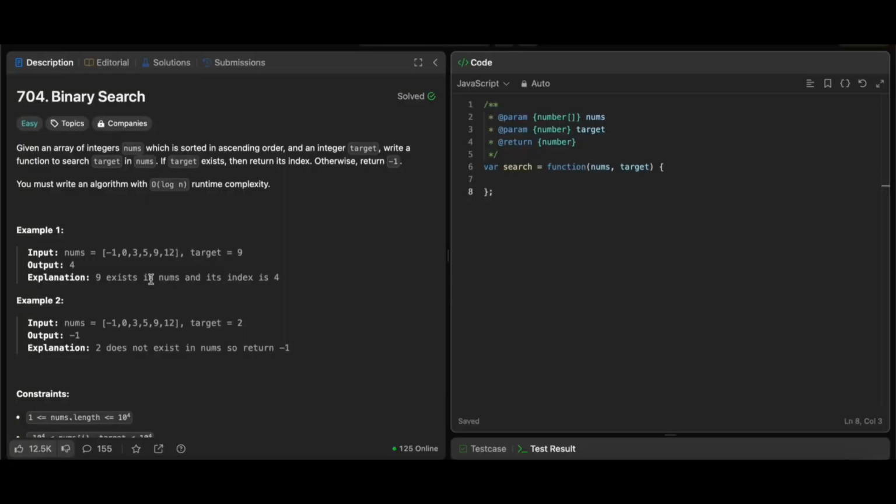Hey guys, today let's solve the binary search problem. So basically this problem is asking us to find the index of the target number, and we simply need to return the index. So basically to solve this problem,